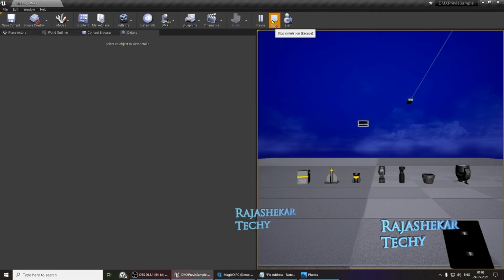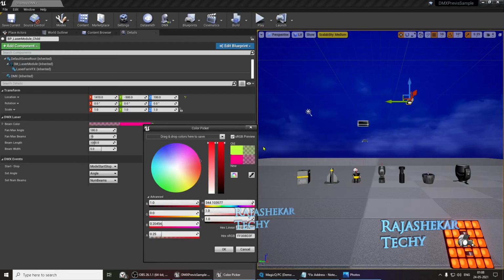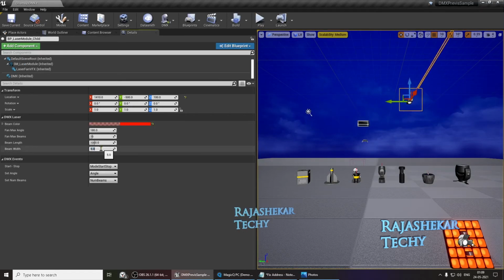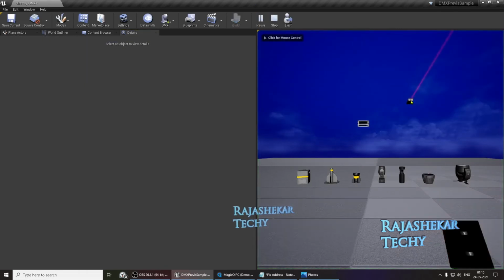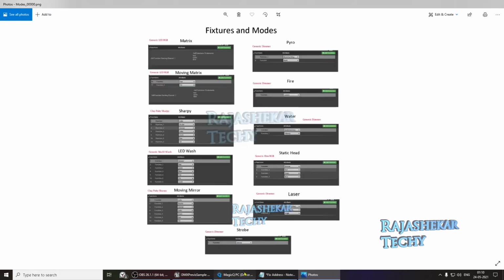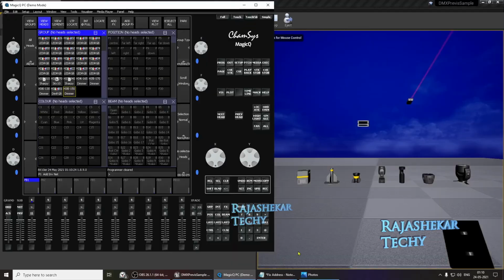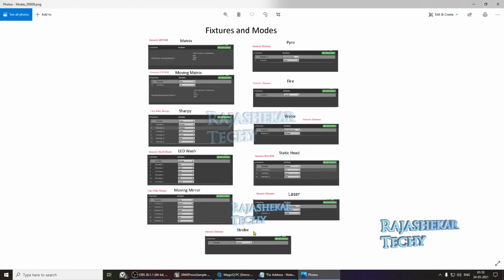What we can do is go back to Unreal, select the laser, and we can modify attributes like changing the color of the laser. Width, I'll put it to 20, and beams, I'll put it to 50. So if I play, I am seeing the colors changed as well as the width is increased a bit. So you can play with those attributes of laser and arrive at your own style. And let's move on to the next one. It's already in play mode. Set it to play mode. Let's clear. And the final one is strobe.